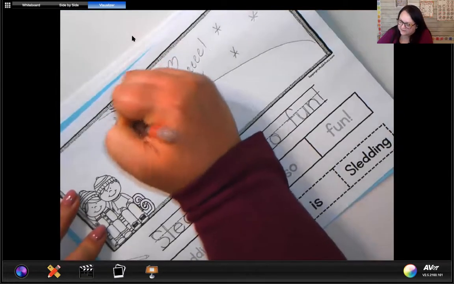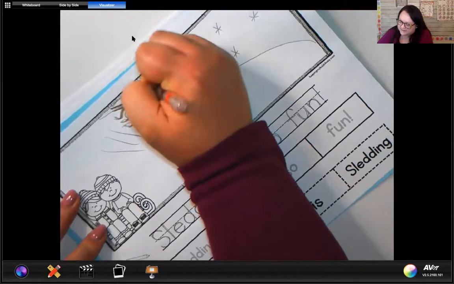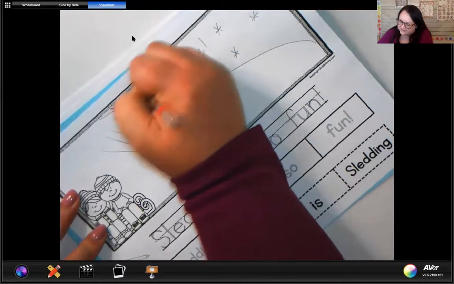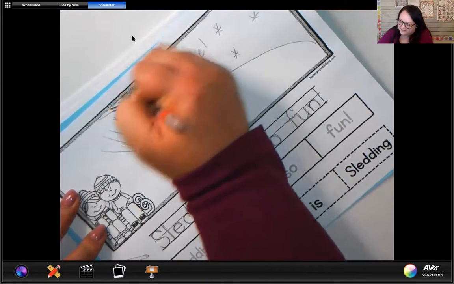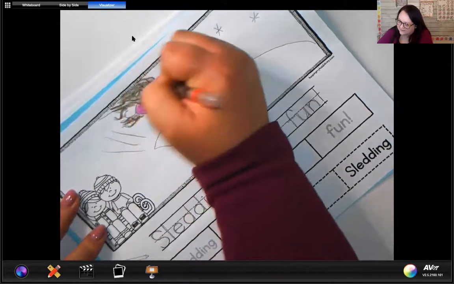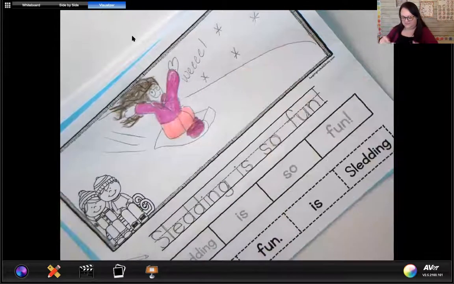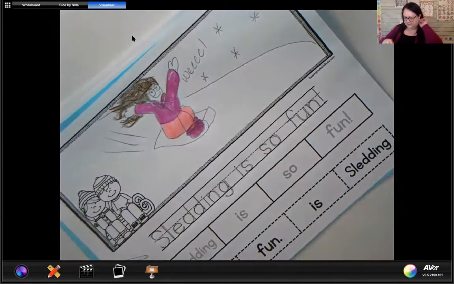I've got all this crazy hair because I'm going down the hill so fast, which is so fun, right? Going fast is fun. And there's all my crazy hair behind me. Yay. Oh, and I forgot to color in my mittens. Let's see. I'll show you. How about